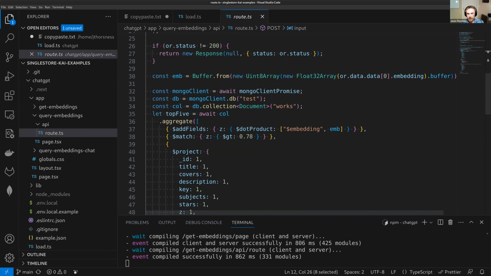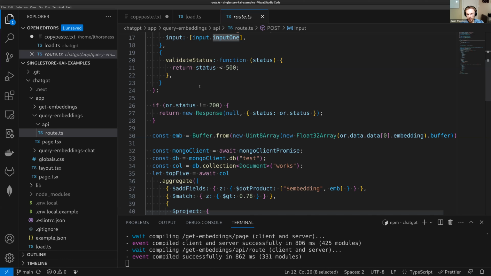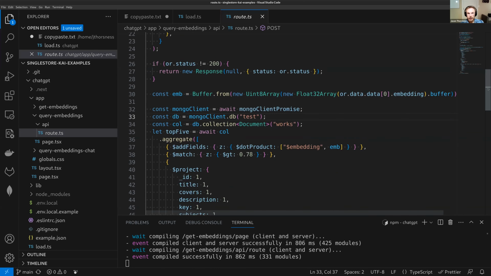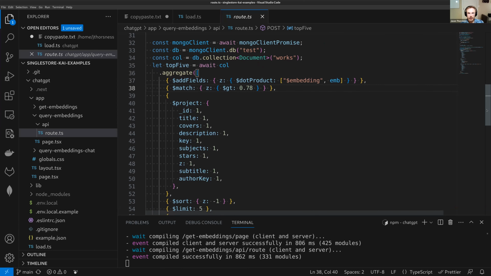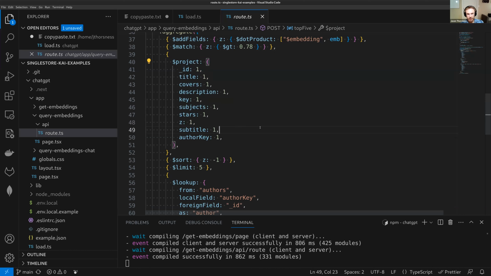And then after we have that embedding, we get a Mongo client, which will be used to query SingleStore Kai. And we generate just a regular Mongo aggregation query. So here we use addFields with a SingleStore extension operation called dotProduct to take the dot product of the embedding versus our stored embedding. We make sure that the score is at least 0.78, which is just kind of a relevance threshold that suits my data set. And then I project out a bunch of the JSON information